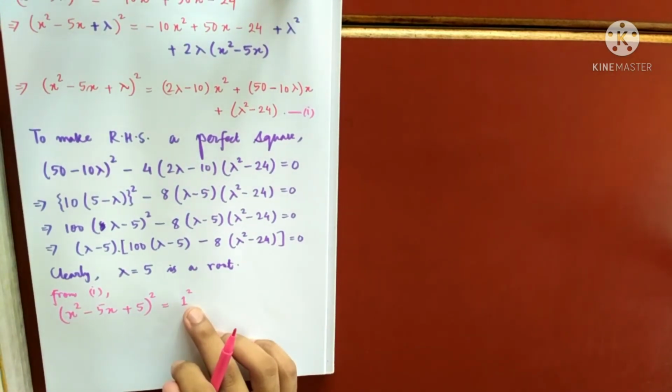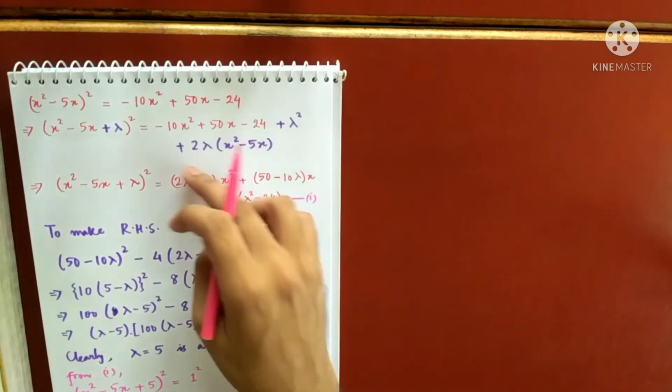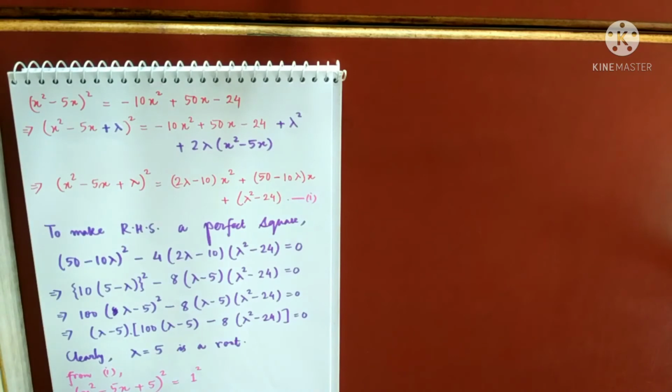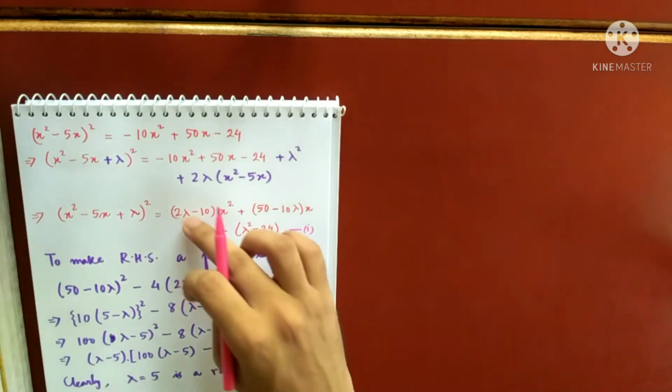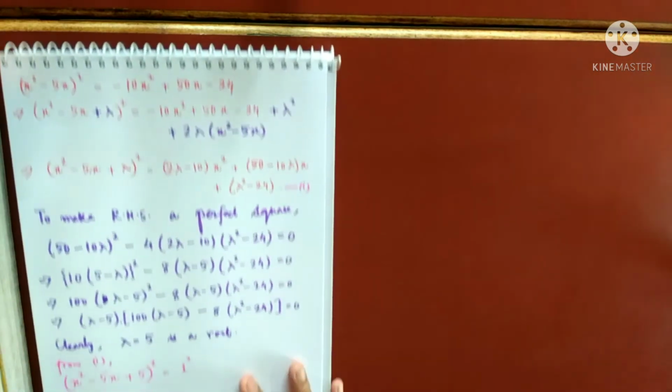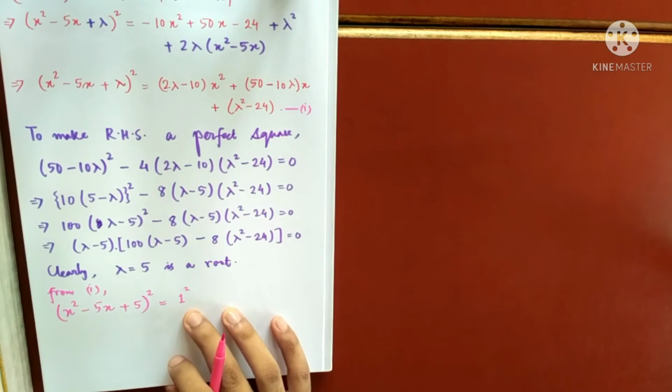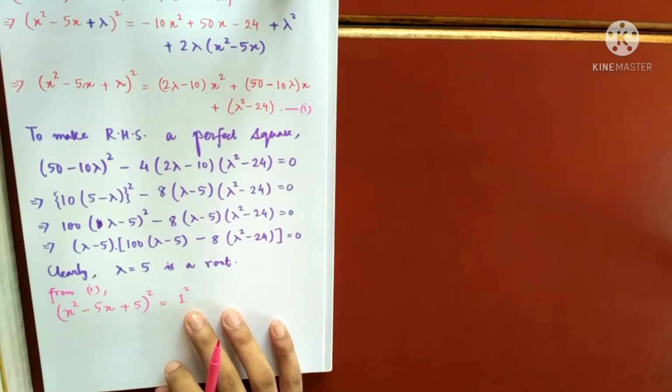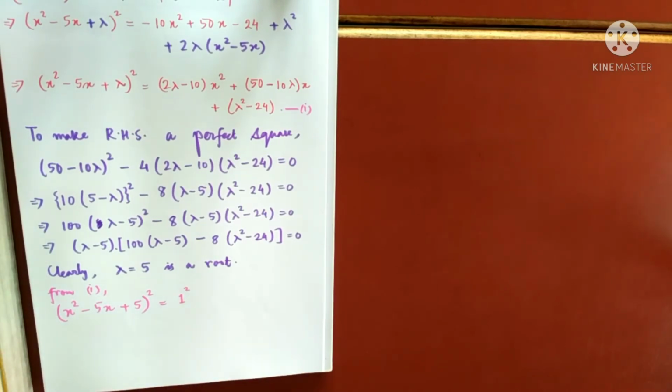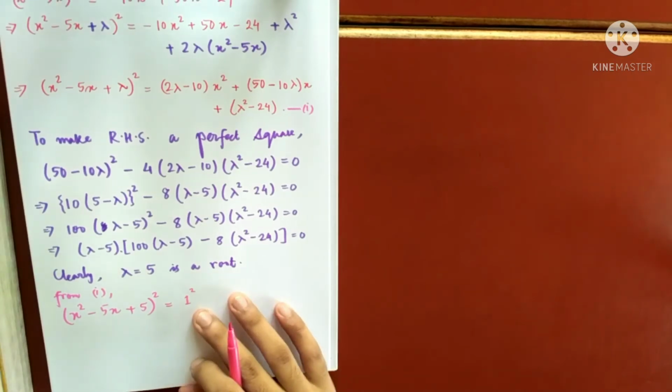It came very simple. It could have also come in the form mx plus n whole square, because if I write this quadratic in the form mx plus n whole square, that will also work. But for this particular value of lambda, this is simplified just to 1, and 1 is a perfect square. So keep that in mind. You can get either the form mx plus n whole square or simply 1 square, but it is sure that you will get a perfect square.